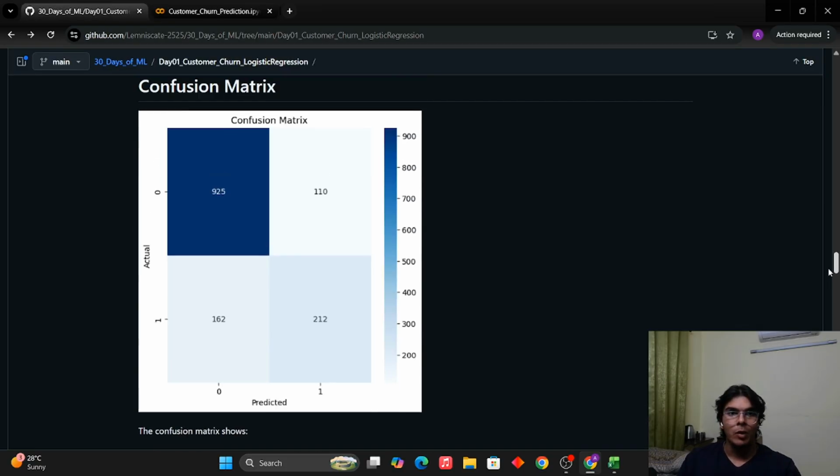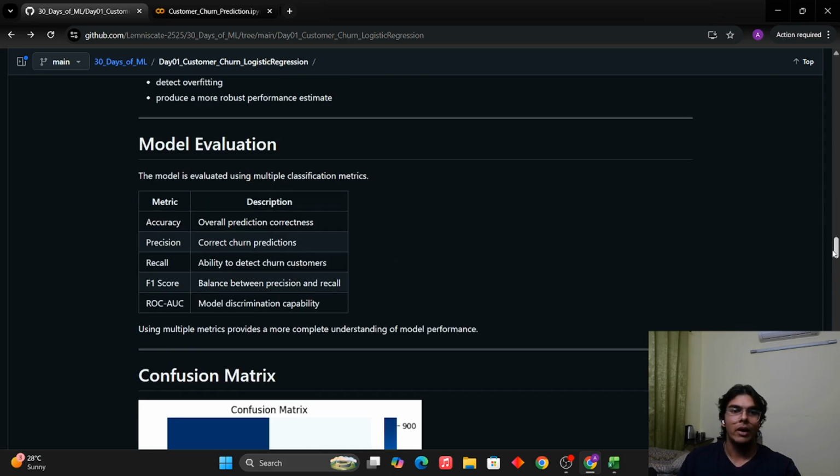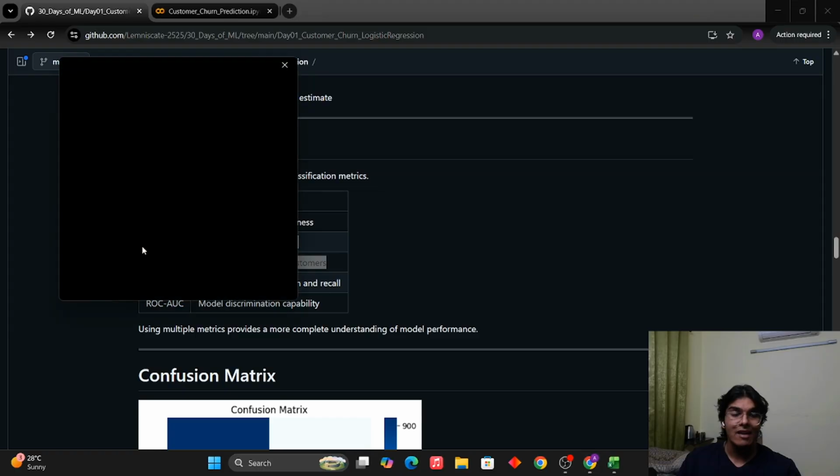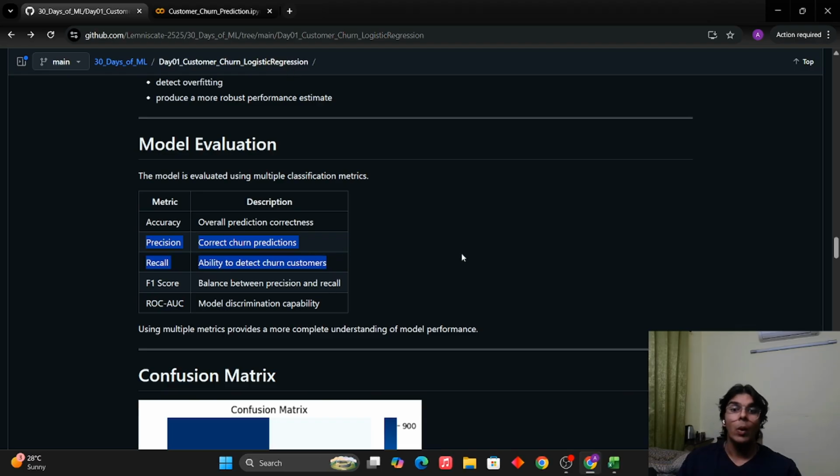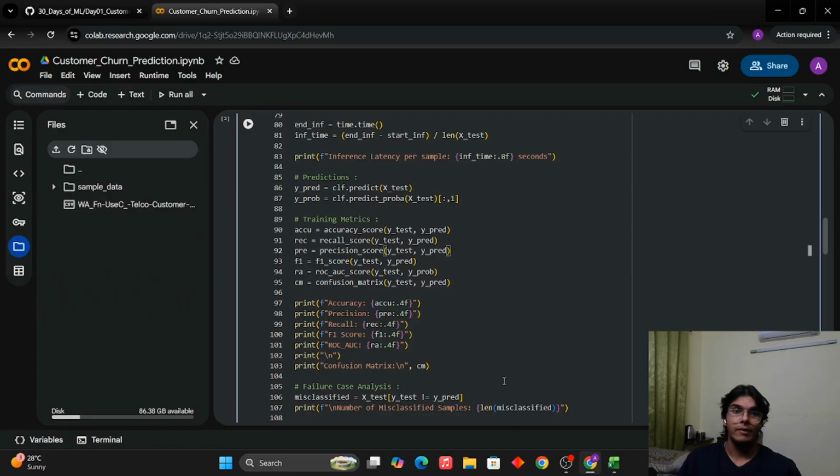Okay. Let me open up the confusion matrix. See, this is the confusion matrix, predicted versus actual values. This is all in the repo. You can go and look at it. This is again describing the statistics once again. This is pretty basic. See, recall is the ability to detect churn customers, which is why it is the most important. Precision is the correct churn predictions, which means we don't want false positives. We want both of these values to be as high as possible. Because if these values are low, it is going to lead to a horrible model, really. Okay, so we want a good value.